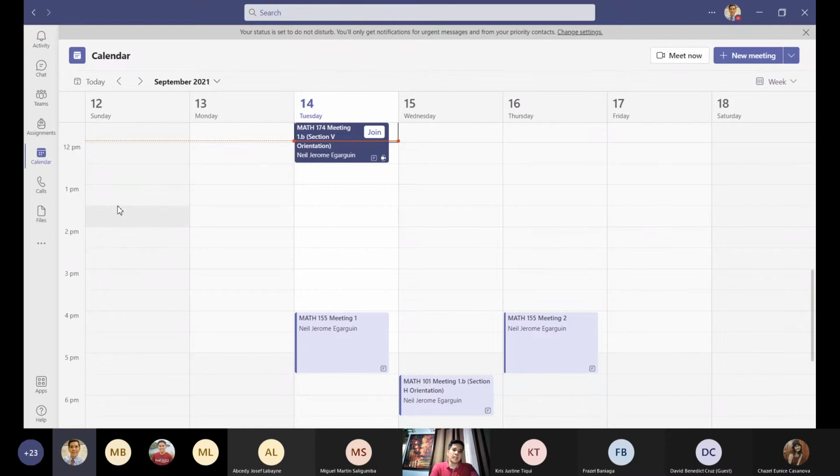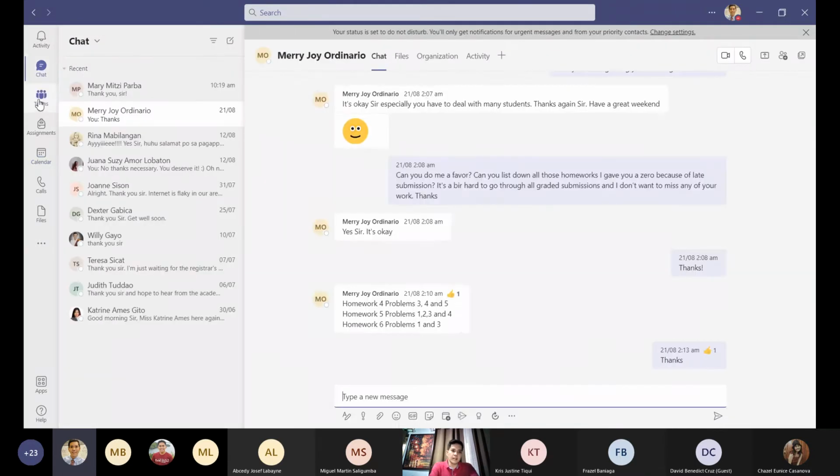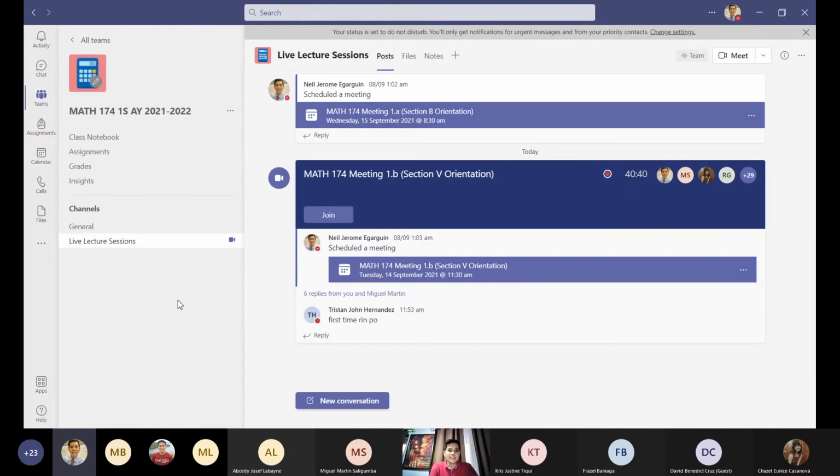Teams also has a handy chat channel. Sorry, data privacy. I have the Teams app on my phone, so it notifies me like Facebook Messenger.